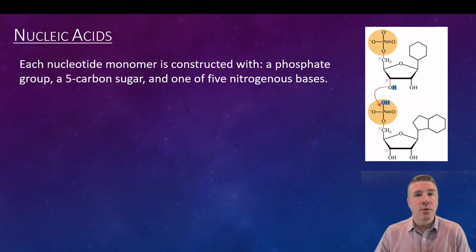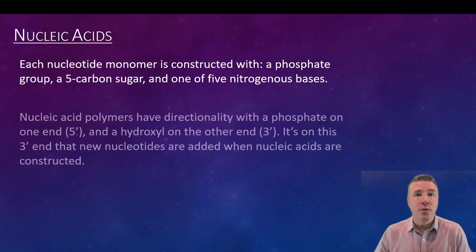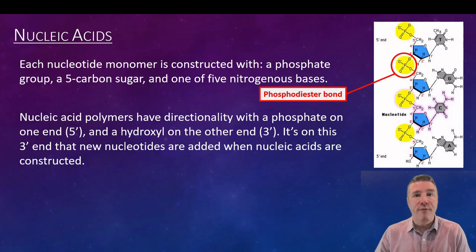In the resulting nucleic acid polymer, nucleotides are joined together by a phosphodiester bond, which exists between the 3' carbon of one nucleotide and the 5' carbon of another. It is important to notice that this polymer also has the 5', 3' directionality, regardless of the length of the